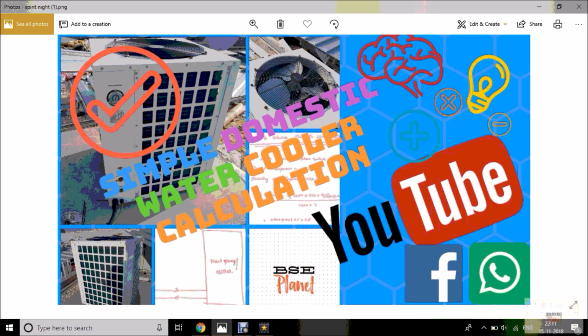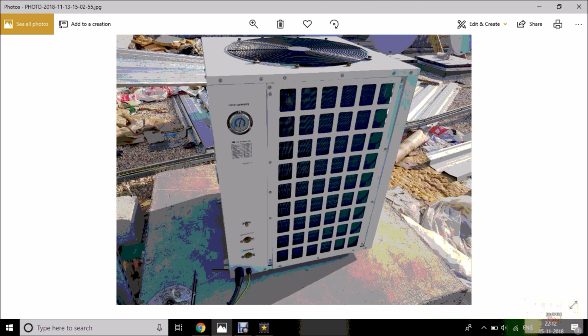The principle of working is that it has a compressor, condenser, evaporator, and expansion valve all in one circuit. Later in the future I will be doing a video specifically for the heat pump. As of now I just want you to know how to calculate the capacity itself to start with. Alright, let's start. This is the heat pump, a picture which I have taken from my site. This is the actual heat pump which we are going to install in our project. We have designed it for 4.4 cubic meters capacity of water.